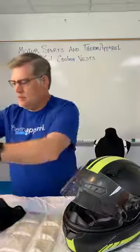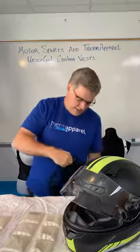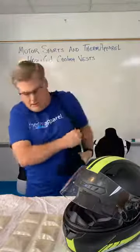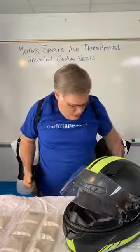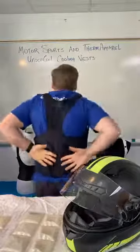So the undercool, which I can show you right here, is a cooling garment, and normally it's worn directly against the skin, but I'll put it on here just so that you can see how it goes, where it hits your body. What it does is it provides cooling by cooling the lower part of the body behind in the lower back region. Right back here, you can see those cooling packs. Those cooling packs get pressed right up against the skin, therefore cooling that blood as it flows right past. So it works great